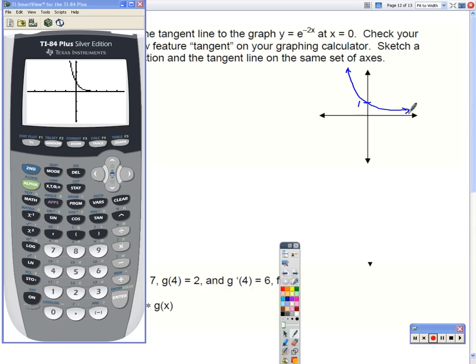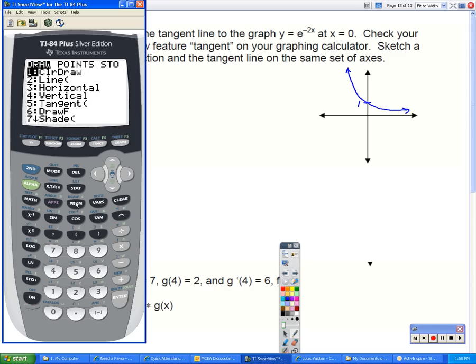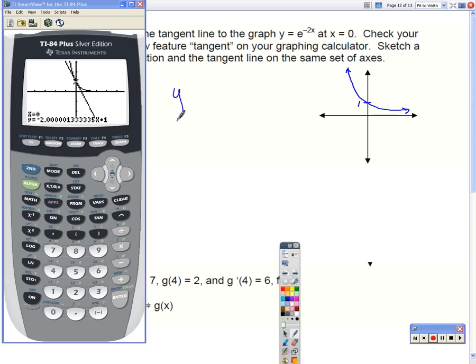And to use the draw, we're going to do second program, 5 for the tangent, and I want it at x equals 0, so I type 0, enter. And remember, the calculator just estimates, so I'm going to round this to negative 2x plus 1. And I'm going to add that to my picture. It's going to be tangent at 0 right here. So the tangent line